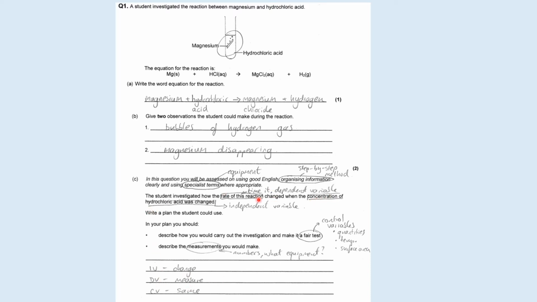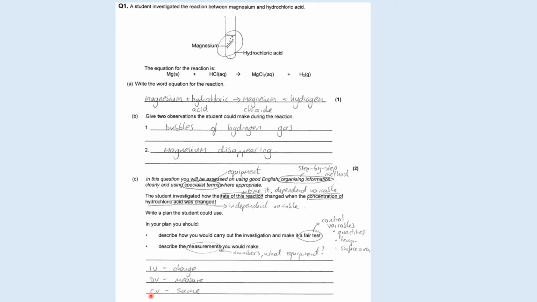Dependent variable is going to be the, well, what is it? Well, we're producing a gas. So it could be volume of gas produced. I guess it could also be the mass if you're doing a mass loss, but volume of gas produced seems like a sensible choice. And control variables, well, when you're thinking about control variables, particularly with rates ones,